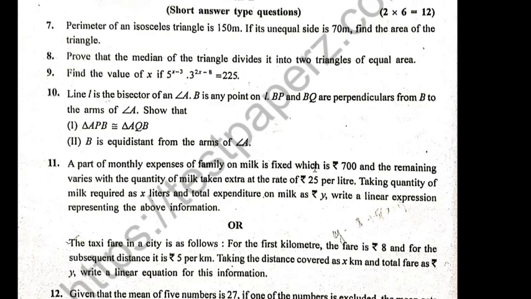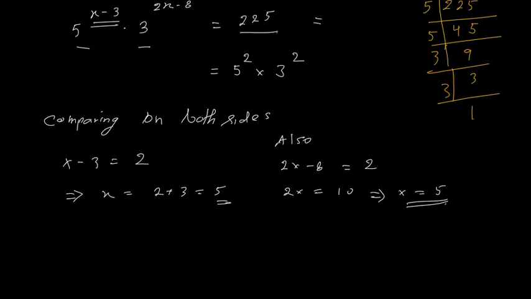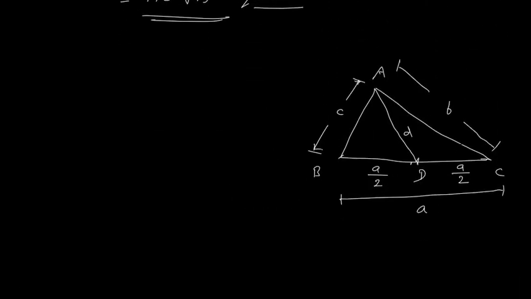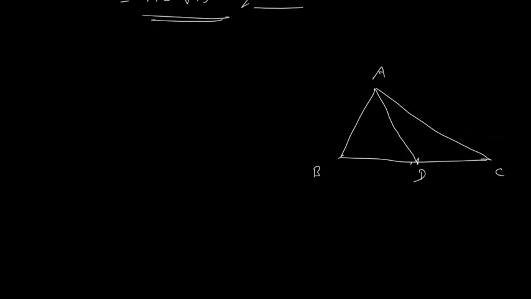But before I solve this, I get an idea how to solve this 8th problem. So let us do that 8th problem first. Okay, so here I will create some space for this 8th problem. This is our 8th problem. Now here there is no need to use Heron's formula. So let us remove all these things. What we need to do here is draw a perpendicular from point A.